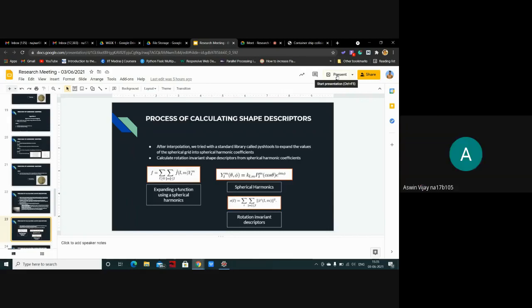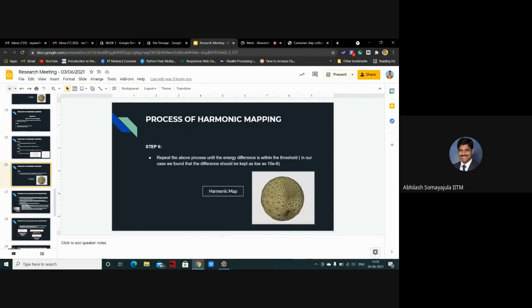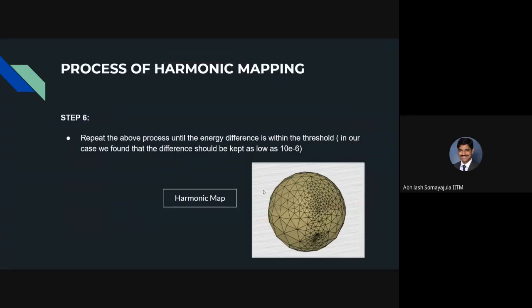The map is not invariant. You see, if I start off with the ship to the right, let's say the bow of the submarine to the right, and I compute the harmonic map, versus when the bow of the ship is to the left and I compute the harmonic map, I need not necessarily end up with the same harmonic map. Can you rotate the map too? Yes, but I do not know by how much I have to rotate. In reality, I don't know where the ship is and in what orientation it is. So I need to have a descriptor which is invariant of its orientation.